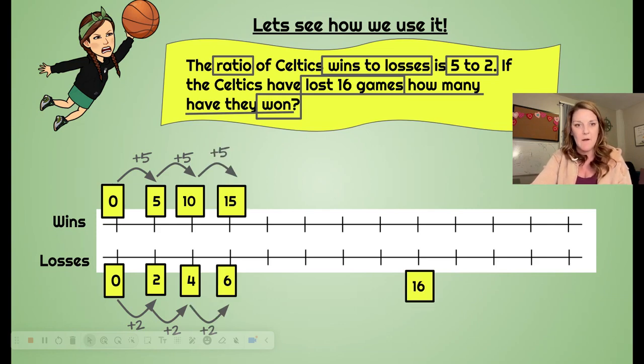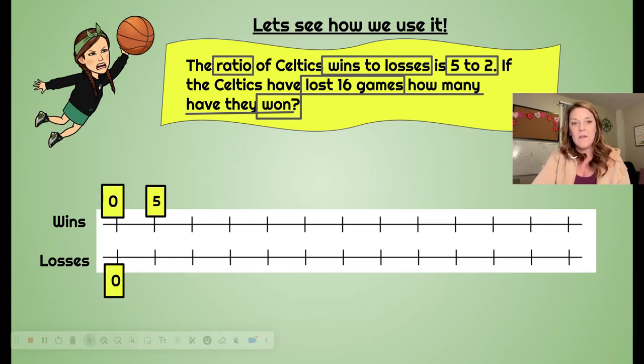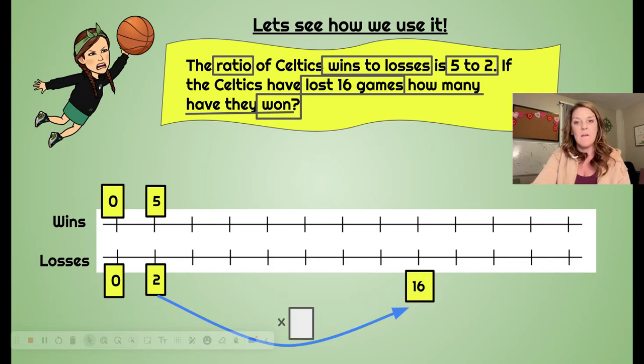And you can kind of play around while I go through and think about these numbers in your head. So we could keep going with addition to find out if there's 16 losses, and notice the losses match up down here. How many wins would that be? We could keep doing that, or we could make a little bit of a jump with our 5-2